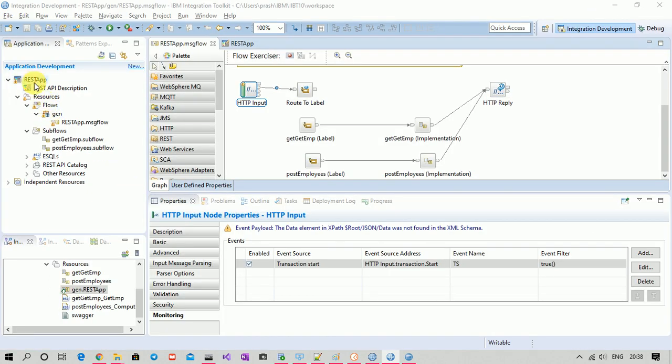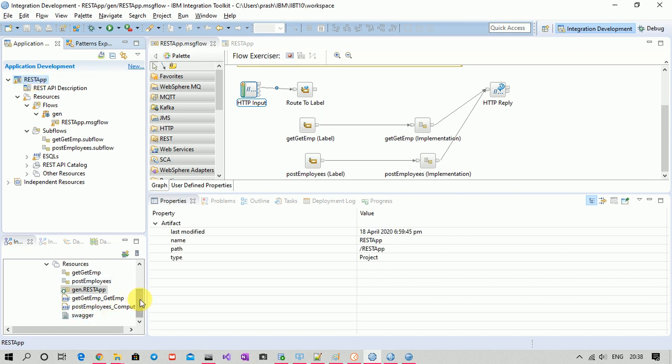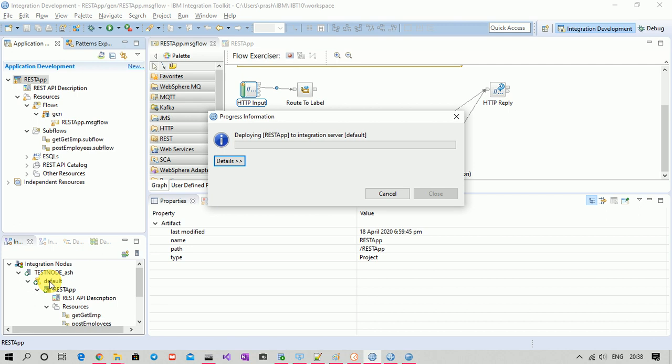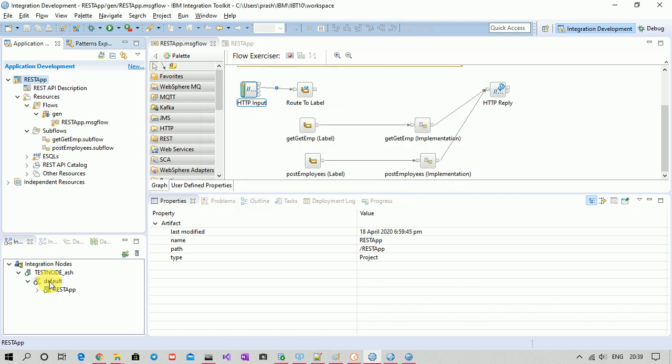Now let me deploy it. Okay, the flow is deployed. Now I have to enable its monitoring. In order to enable the flow monitoring there is a command.